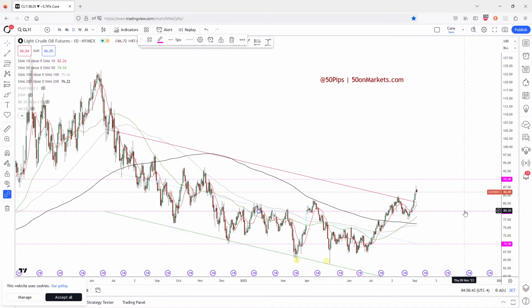Okay, so right now, this is very technical, a lot of buying here. What you want to watch is, can it hold this breakout, right? Now, could this try and come back into this previous high? Sure. Could this try and come back into the 10-day moving average? Sure. That's going to be the key. As long as it can hold this breakout, then the path of least resistance is more towards the 90s, possibly higher. And this is really an important dynamic you need to keep an eye out for across the board, because this is going to impact the Fed and inflation across the board, across the world, right?